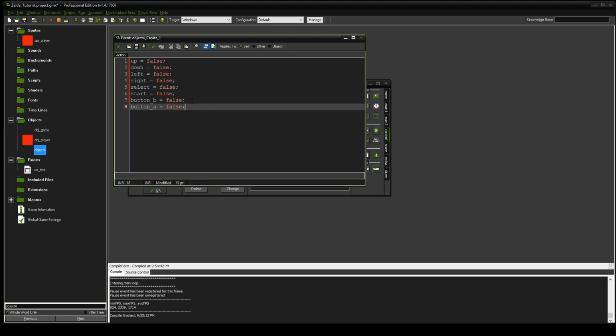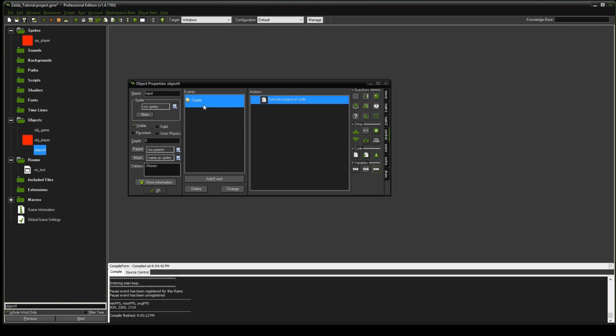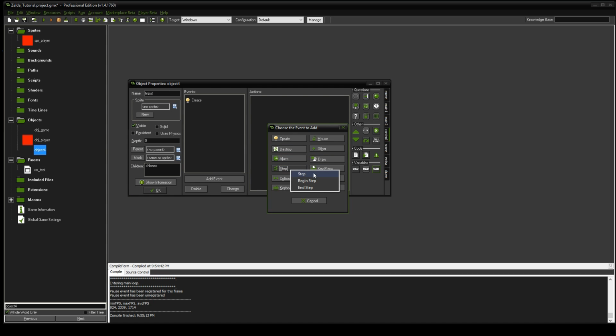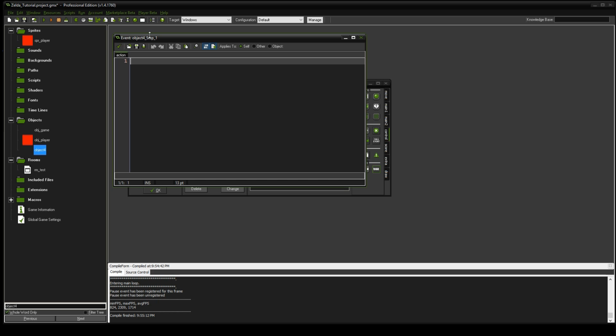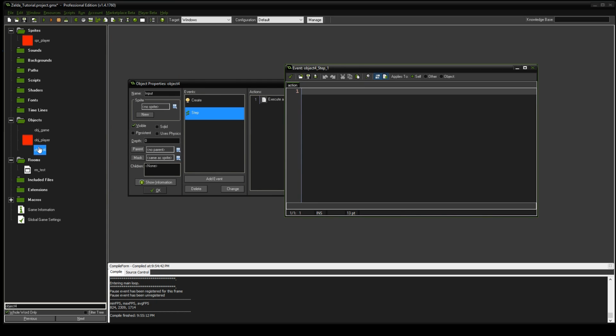And so this is going to check for all the buttons. We'll probably add some more buttons here. So there is a difference in Game Maker, or in general, where you want to check whether or not it's pressed once and only once. So even if they hold it down, you only check once, or if it's being pressed constantly. Right now we care about the constant presses. So we're going to set these up, and in the step event, we're going to constantly check for these pressings and set those. So in this case, we're going to take the code we had in the object player,